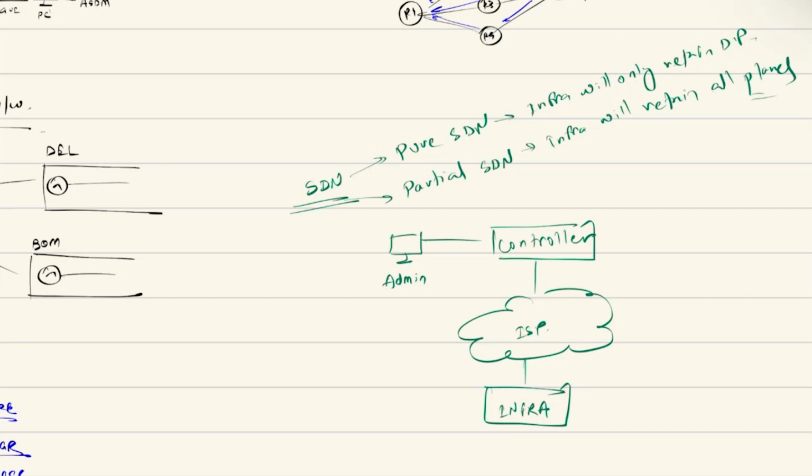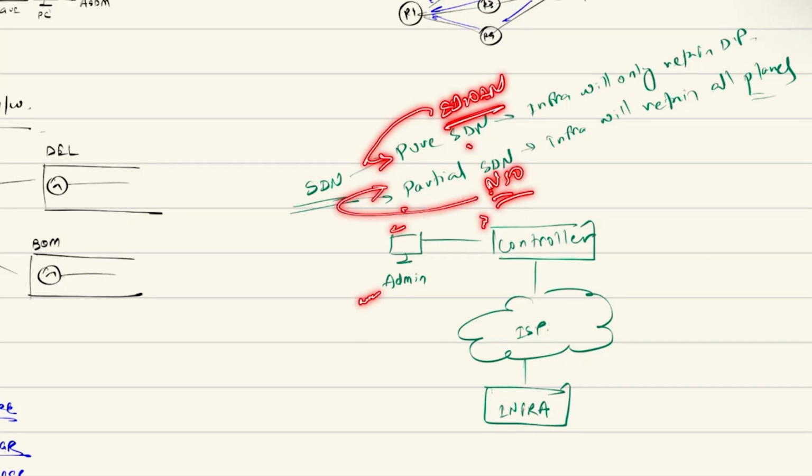Now, if I talk about some examples, SD-WAN is an example of pure SDN, right? But NSO, which is another solution by Cisco, is an example of partial SDN. Why?